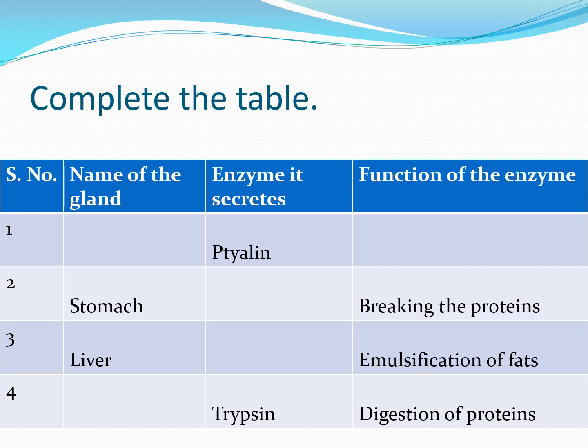Then let us see the third one, liver. Liver produces bile juice. So the direct answer is bile juice, and its function is that it helps in emulsification of fats. Then the last one, under enzymes we see trypsin is given. So trypsin is produced from the pancreas. So the fourth gland name is pancreas. Pancreas produces trypsin, and trypsin is responsible for digestion of proteins, that is proteoses and peptones are converted into peptides.